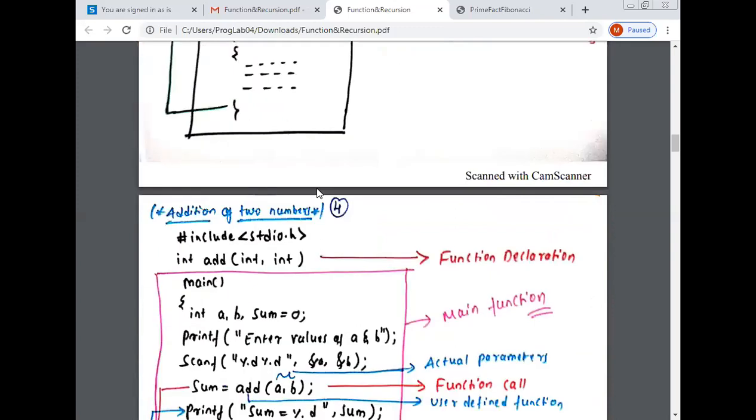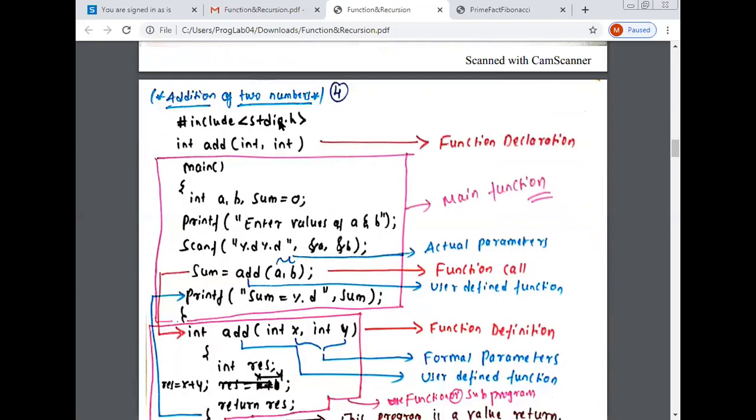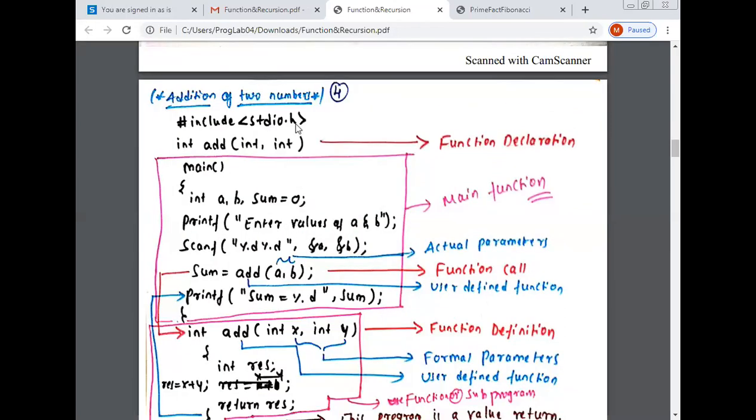Now take one simple example of how a function will work: addition of two numbers. In the last session we discussed, or you already wrote, this program using a simple C program, where you were not using a user defined function.